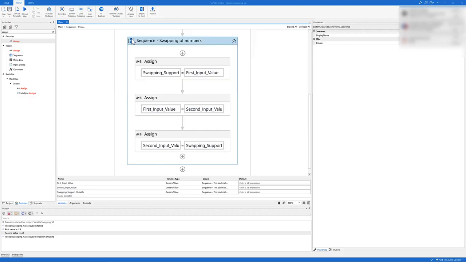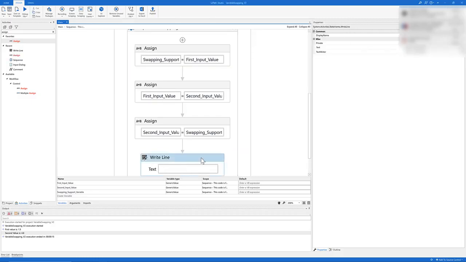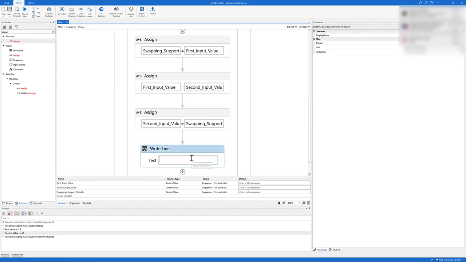So here I can add a write line, and similarly, we put the text in quotation marks. So here we can say first value after swapping is, and we leave a space, and add the first input value converted into a string,